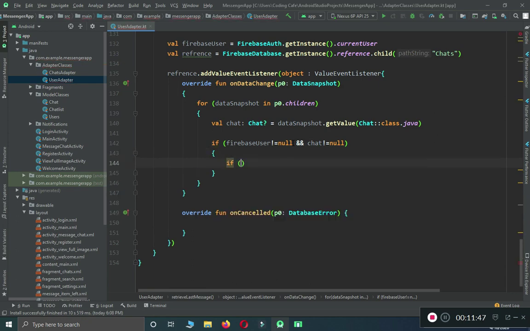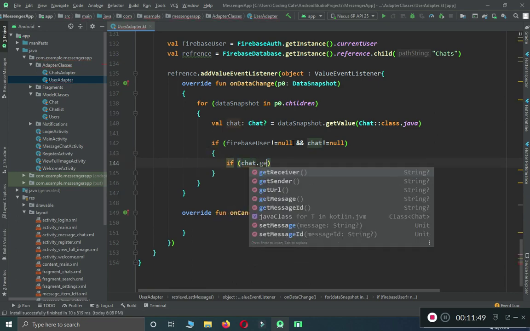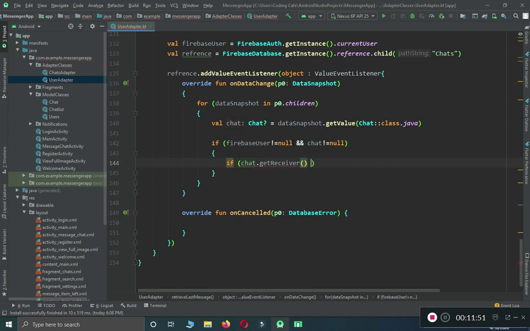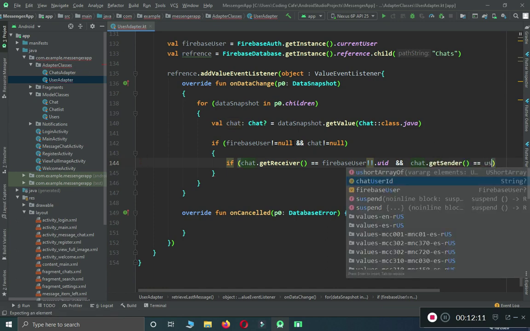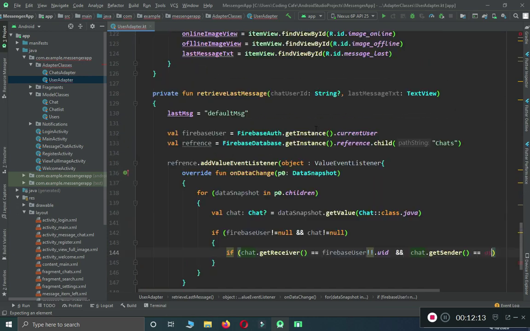If chat dot get receiver becomes equal to Firebase user dot UID and chat dot get sender becomes equal to the chat user ID,